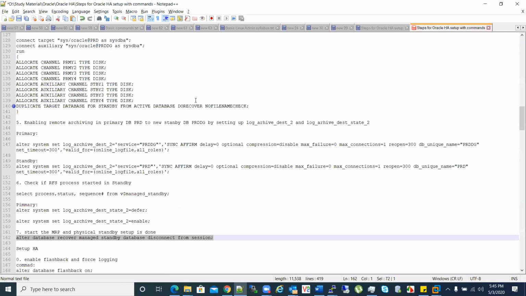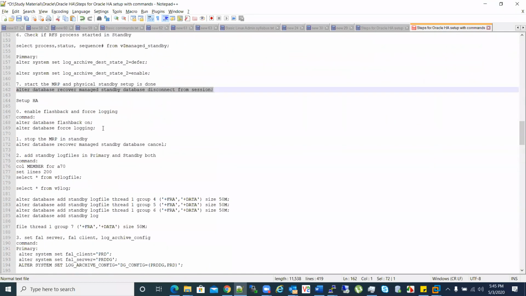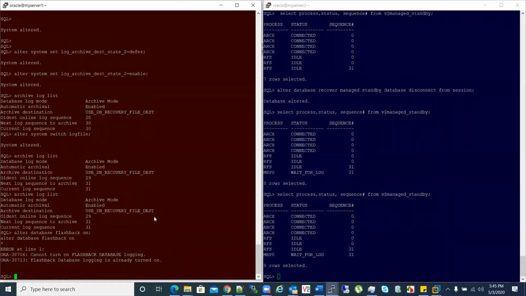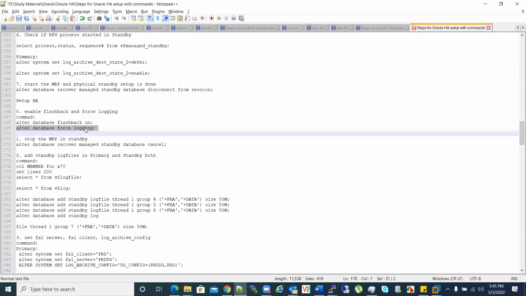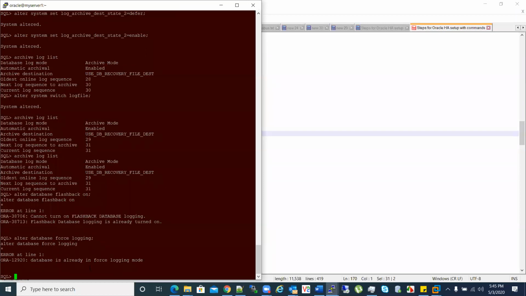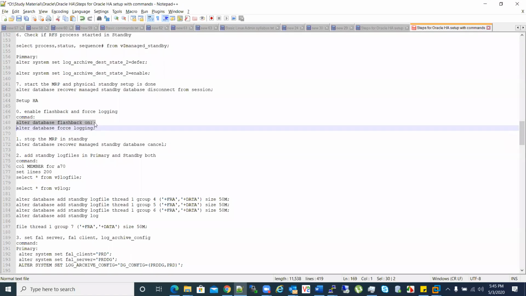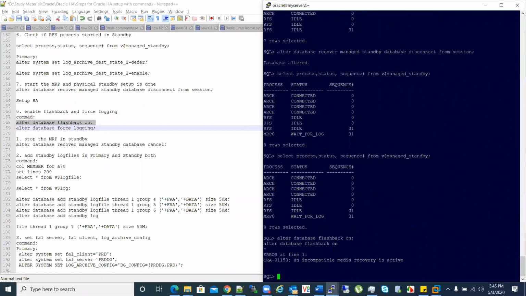I'll go straight to copy the commands to enable them. Basically it is alter database flashback on, and alter database force logging. I'll trigger it in primary, and it says flashback is already on, so that's fine. I'll hit the force logging command in primary, and it says both are already on. I'll go to standby and do the same. It says an incompatible media recovery is on.